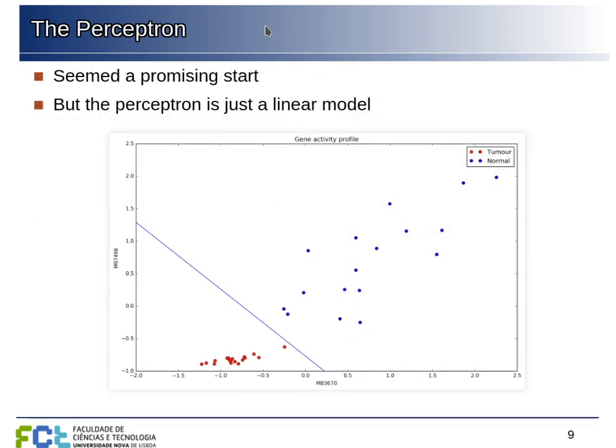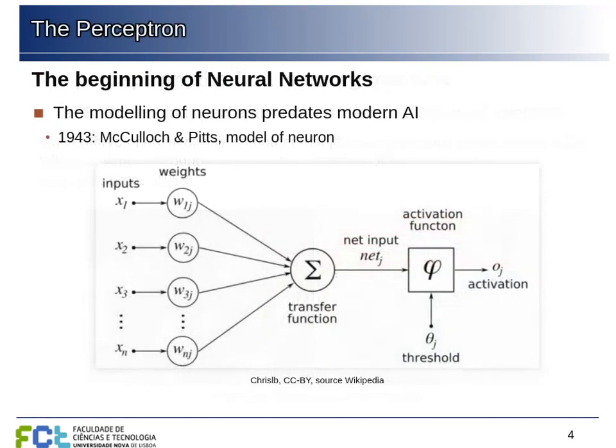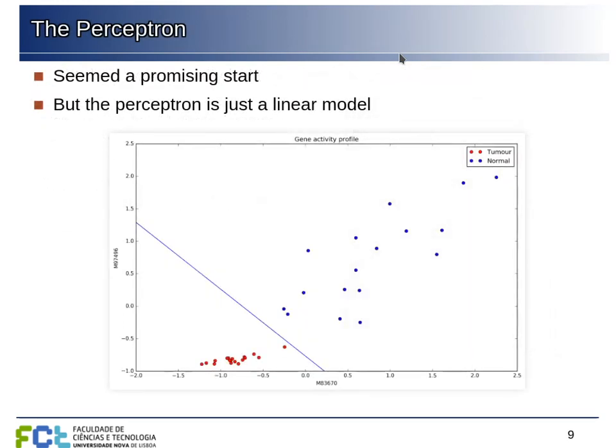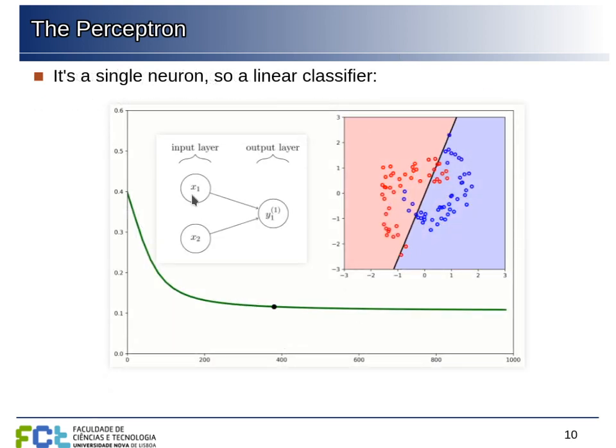The problem is that this perceptron is just a linear model. We can see here that we are taking a linear combination of the inputs. We do a nonlinear transformation here for the output, but we can only do this as a function of a linear combination of the inputs. So actually we have a linear model. We can only separate classes correctly if they are linearly separable in the space where the data is presented to us. So if we try to use a single perceptron, a single neuron, to separate something like this, for example, we are unable to get good results.